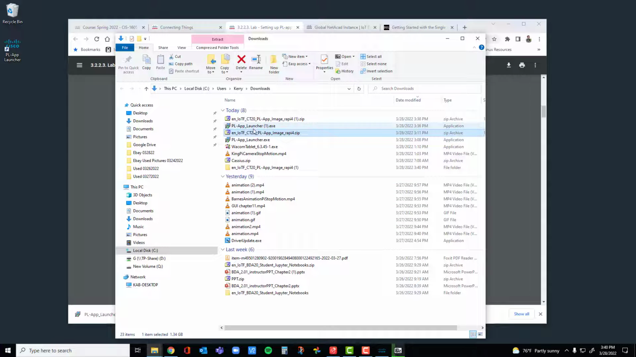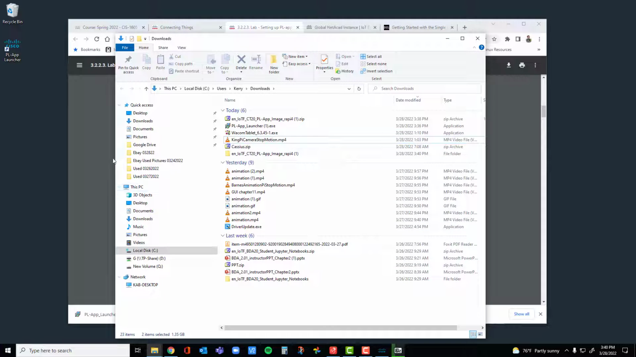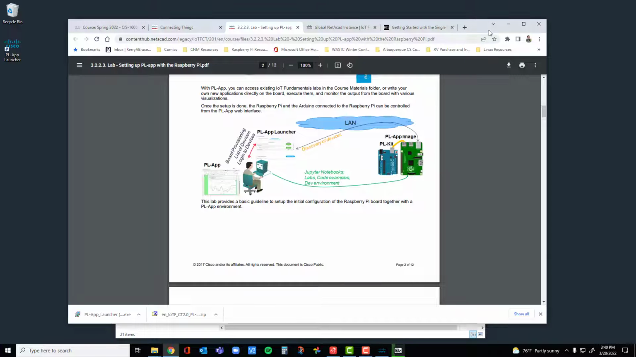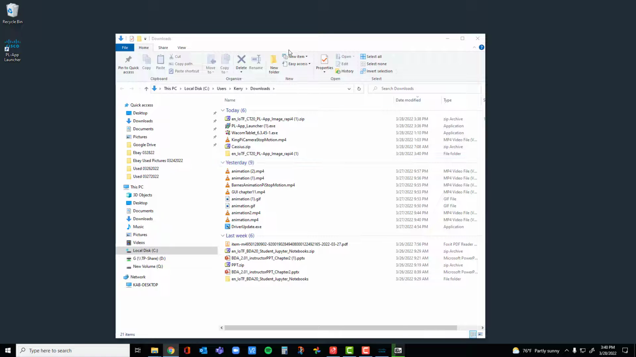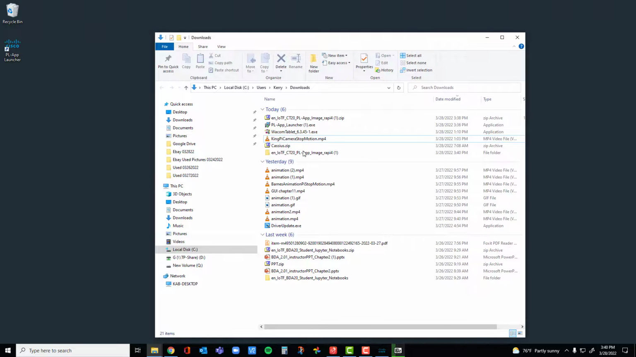This is the versions I did earlier. I don't need these. Move that out of the way. On the PLApp, we need to plug in an SD card, right? So we're going to grab our trusty SD card. I'm going to take the SD card, plug it into the SD card reader,